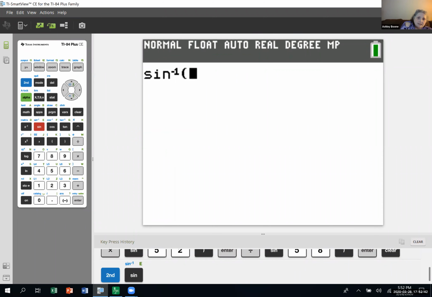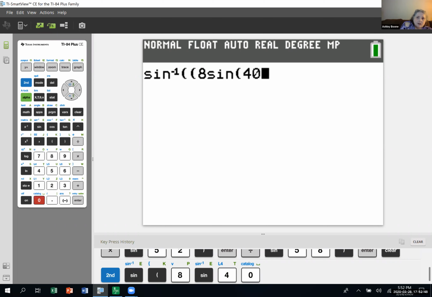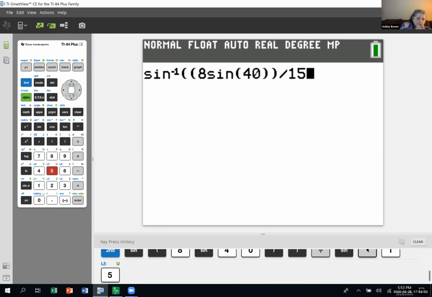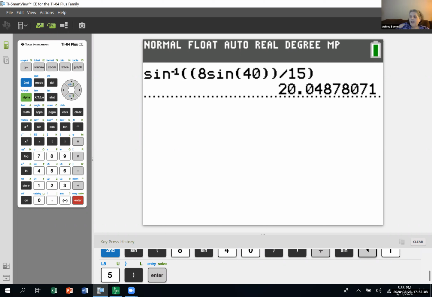I could put parentheses around the numerator and go 8 times the sine of 40 degrees. Have to close off the parenthesis of the angle 40, close off the parenthesis of the numerator, divided by 15. So there's the inverse sine of the whole thing, and that gives us